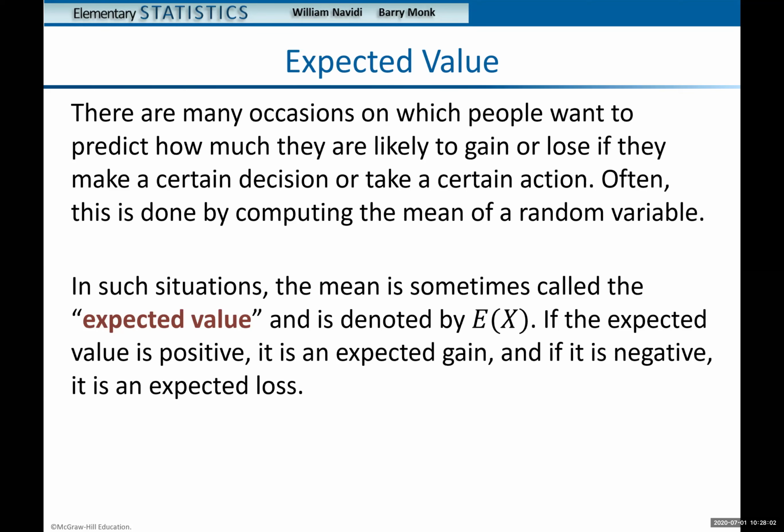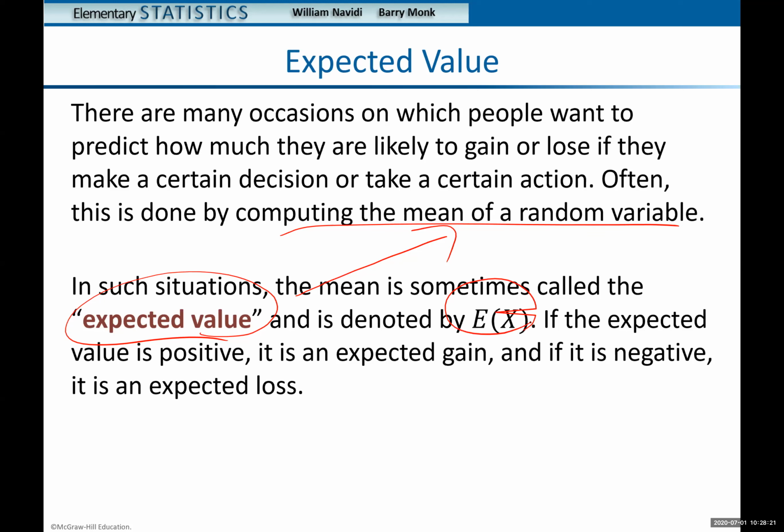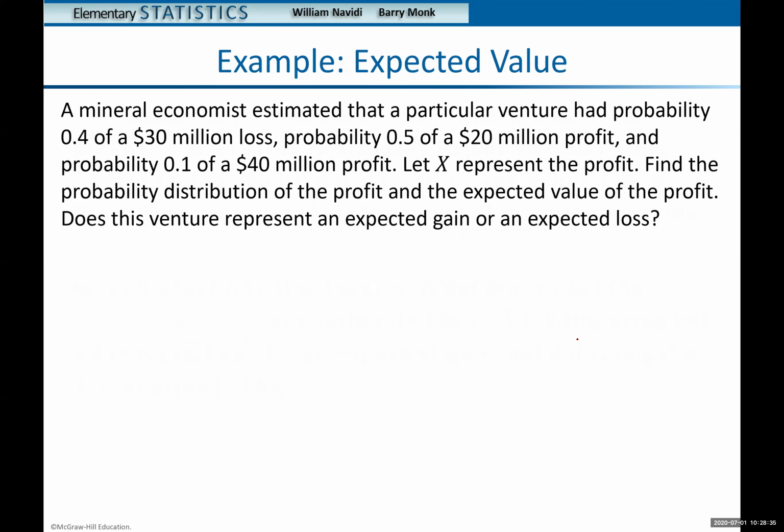So next one, expected value. There are many occasions in which people want to predict how much they are likely to gain or lose. Often this is done by computing the mean of a random variable. So the expected value is simply, again, finding or computing the mean, and we use the notation E of X. Take note of this: if the expected value is positive, it is an expected gain, and if it's negative, then it is a loss. Just like an example here,